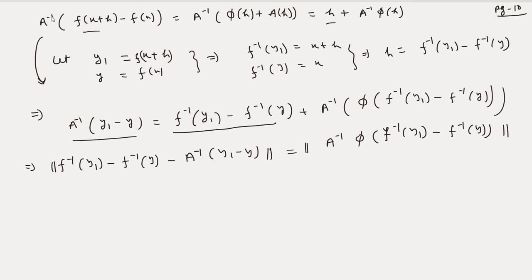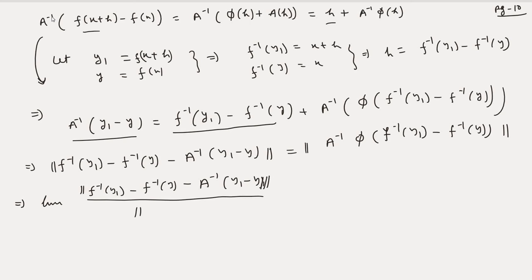So this implies the limit of the norm of F inverse of y1 minus F inverse of y minus A inverse of y1 minus y, over the norm of y1 minus y, as y1 tends to y, is equal to